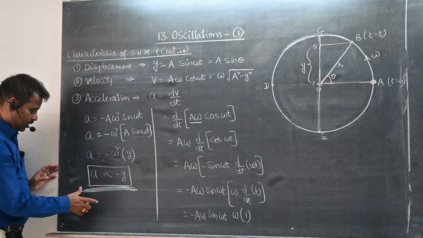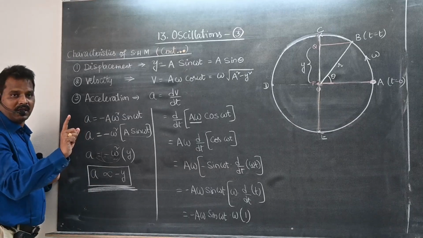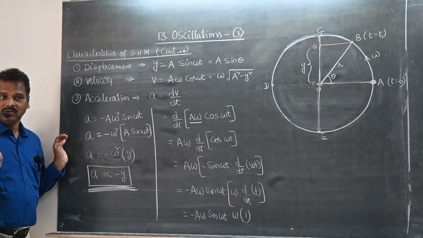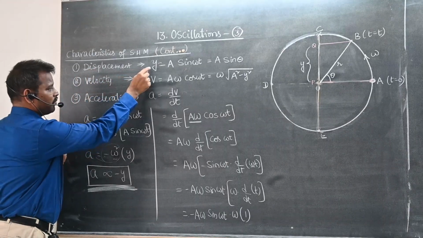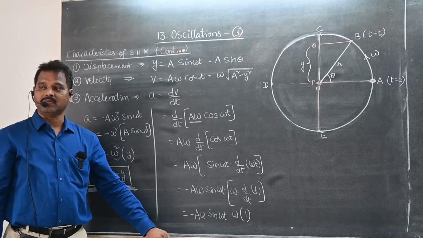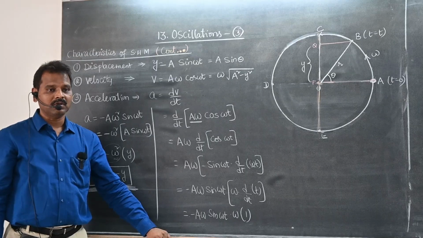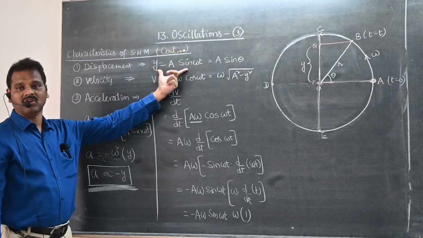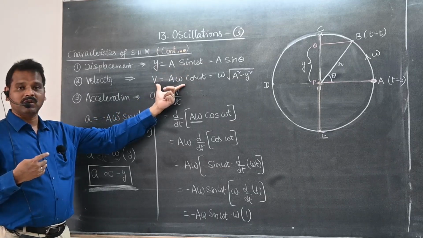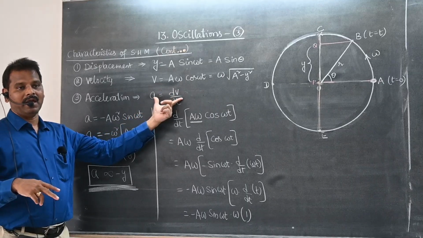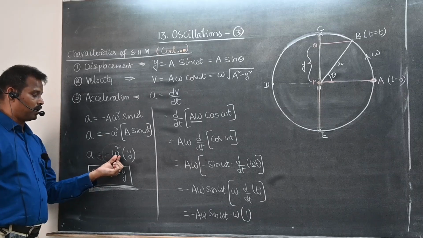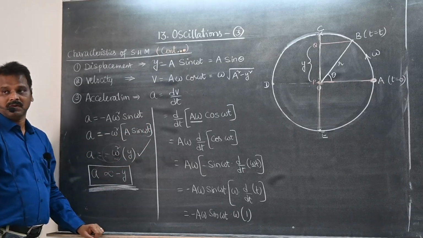This is a condition. After getting this condition, we can prove that the particle is executing simple harmonic motion. So whenever a displacement equation is given, by observing the equation, can you say whether it is executing SHM or not? How to prove it? Directly we cannot say. After seeing the equation, we cannot tell the particle is executing SHM. We need to differentiate once to get velocity, differentiate again to get acceleration. If acceleration is of the form a is equal to minus omega square y, then it is executing SHM.